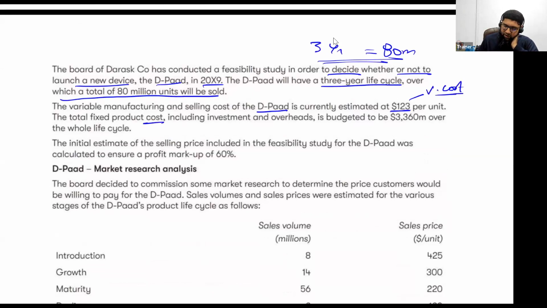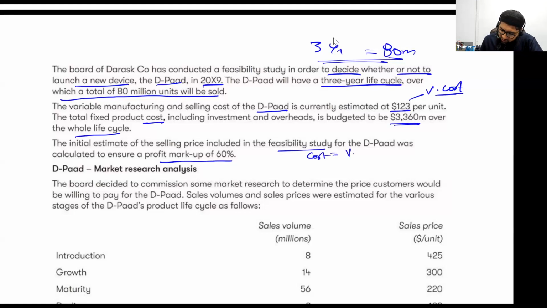The total fixed product cost, including investment and overhead, is budgeted to be this over the whole life cycle. The initial estimate of selling price included in the feasibility study for D-pad was calculated to ensure a profit markup of 60%. So when I talk about a markup of 60%, what actually happens is that